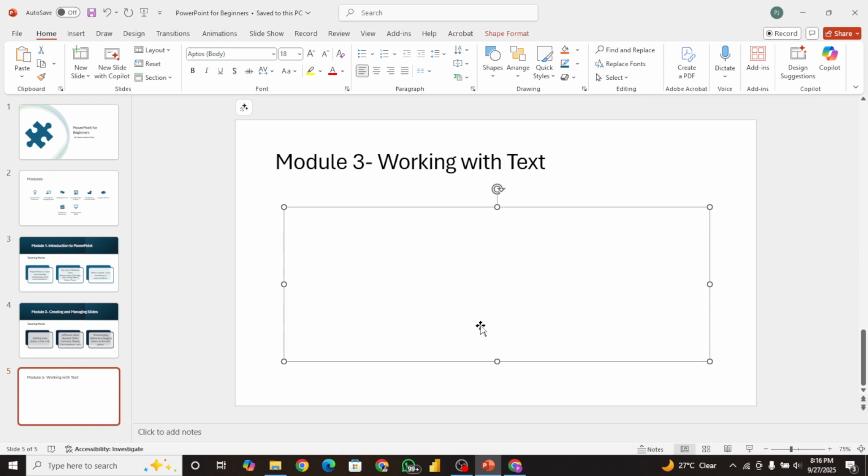So that's what I'll be talking about right now. So entering text in placeholders, then formatting